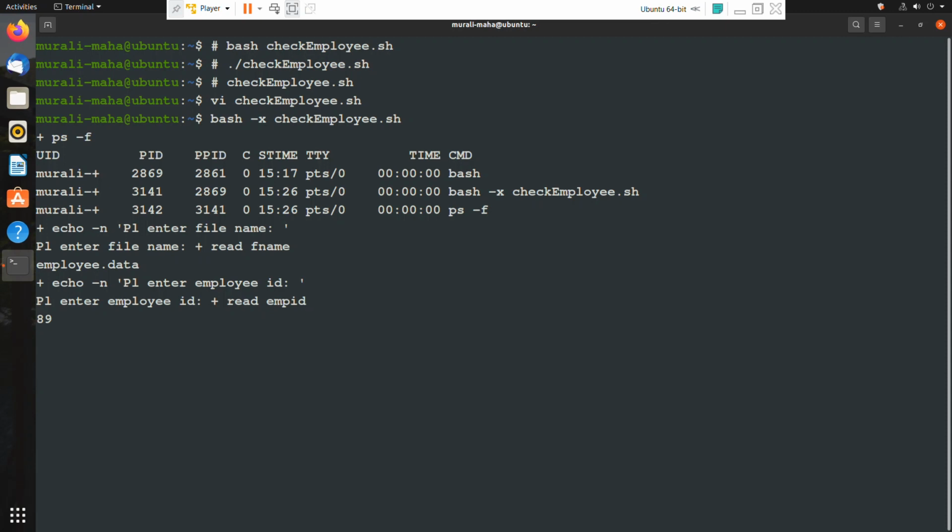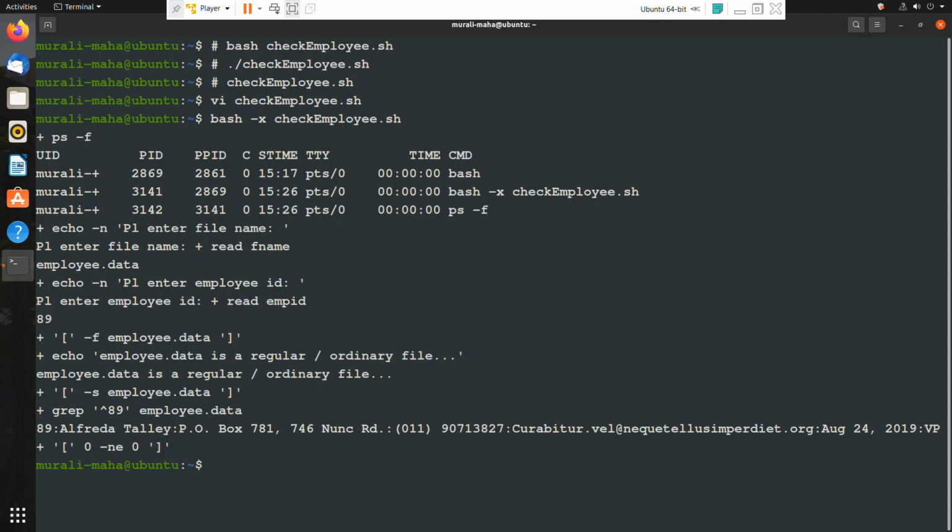Now it is telling that this test command is getting executed, test -f employee.data. So it is checking whether employee.data is a regular file or not. Then echo employee.data is a regular file. That test condition is evaluating to true, hence it is displaying that message.